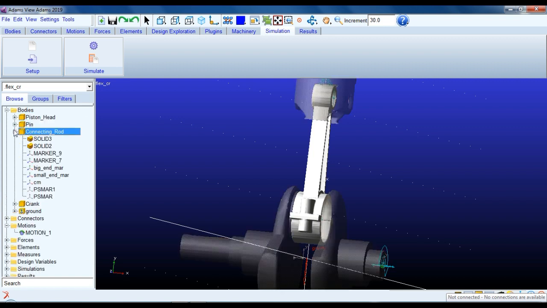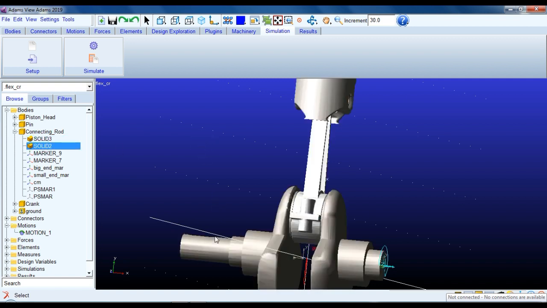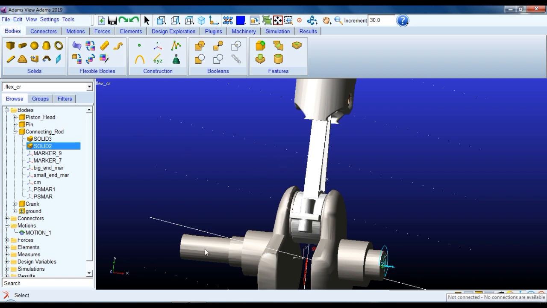So just go to the connecting rod; you can see there are 2 solids in the connecting rod. We have to make one solid, because unless and until there is one single body, it will not convert into a flexible body. For that you have the option Unite 2 Solids. So just click on this option, here choose